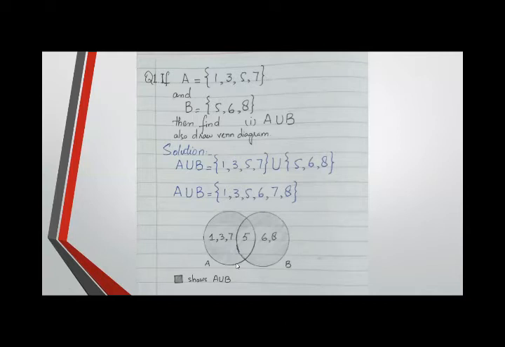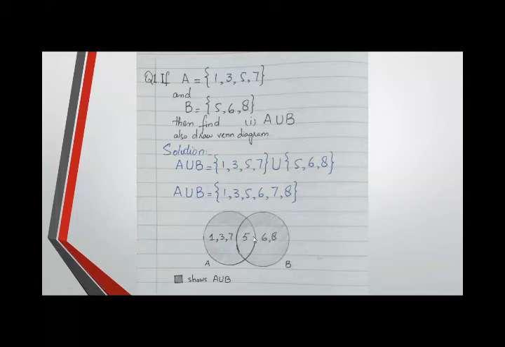Then we draw a Venn diagram. How do we draw a Venn diagram? First we draw a circle for set A. Then we draw another circle for set B. Here they are overlapping each other. As you can see, students, 5 is common in both groups because they are overlapping. So at least one member is common in both sets. So here 5 is common in both sets.